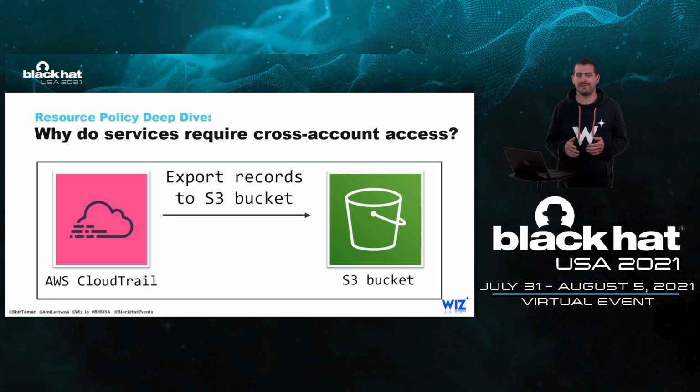It makes a lot of sense to grant permissions to internal AWS services. For those who are unfamiliar with CloudTrail, this is a service that collects almost all platform events. It is excellent for monitoring, controlling, and securing the environment. You can imagine that the amount of information that CloudTrail collects is insane, and users must export it to an S3 storage bucket. A user who wants to export CloudTrail logs to an S3 bucket can simply configure CloudTrail to do so. This saves a lot of code writing and many API calls. In this case, as we see in the slide, the S3 bucket must grant access to CloudTrail for it to be able to write to the bucket. This configuration is defined within the bucket's resource policy.